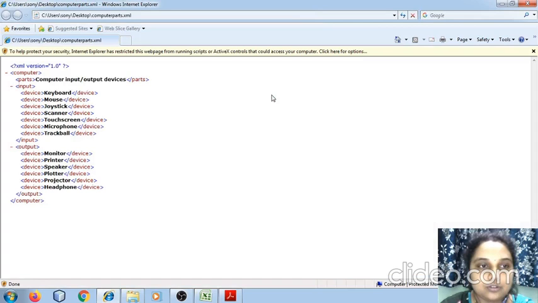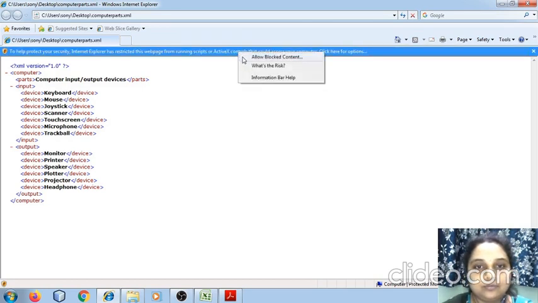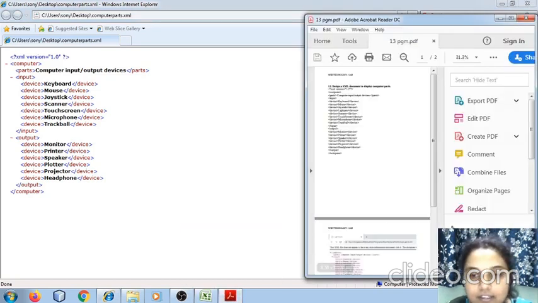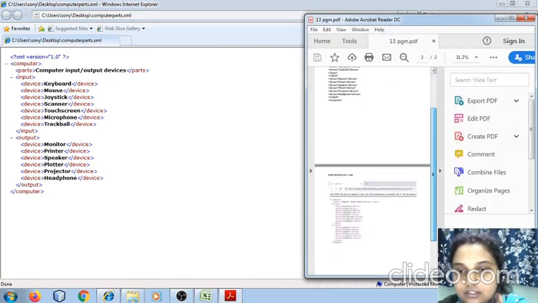Did you observe? This is going to be a raw XML document. We have not used any style sheet, so that we will get the output in terms of some of the styles specified. Okay. So we have listed the output devices as well as the input devices. Our output over here is also similar.